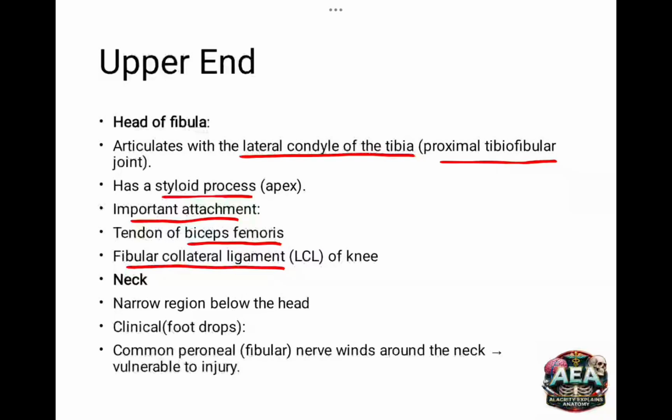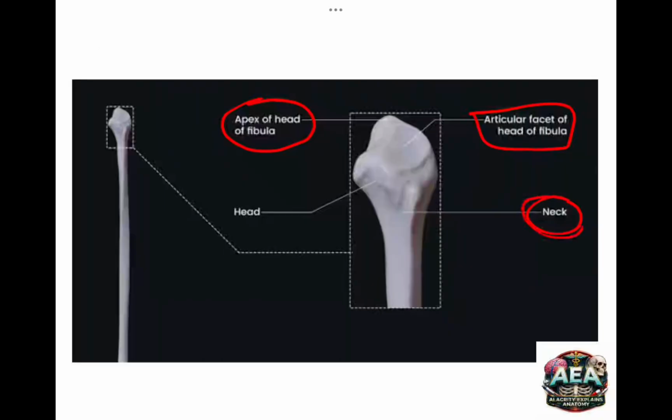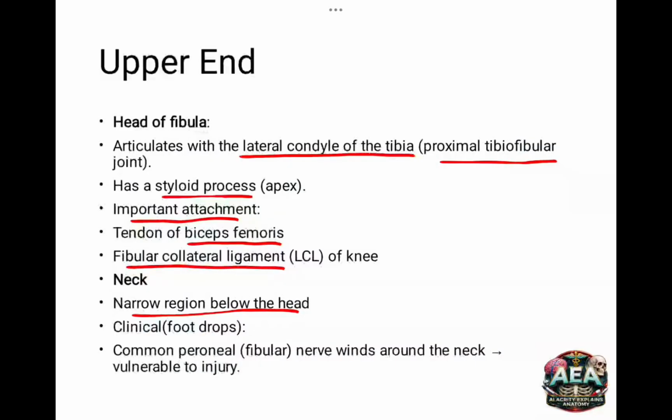Now the neck of the fibula, it is the narrow region below the head. As you can see here, this is the neck. It is the narrow region below the head of the fibula. The common peroneal nerve winds around the neck of the fibula. Don't forget this, it's very, very important. The common peroneal nerve, also called the fibular nerve or the common fibular nerve, winds around the neck of the fibula. So in case of any fracture, this nerve can be affected, and this nerve supplies